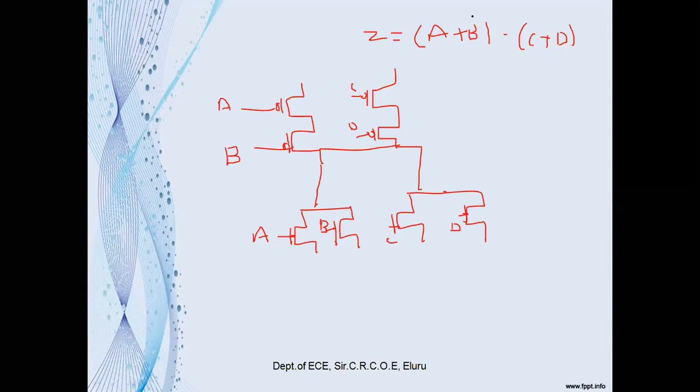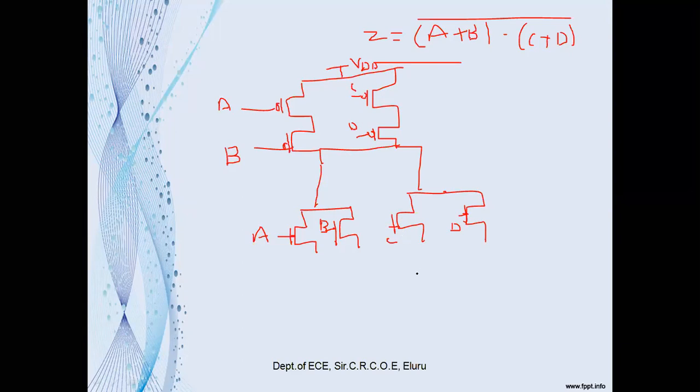But what is the real function? The real function is the AND with the complement, which is nothing but NAND. So in the NAND, the PMOS transistors are connected in parallel. That's why these two are connected in parallel to the VDD. The AB are in series and the CD are in series, and they are connected to the VDD. And what about these two here, for the NAND?